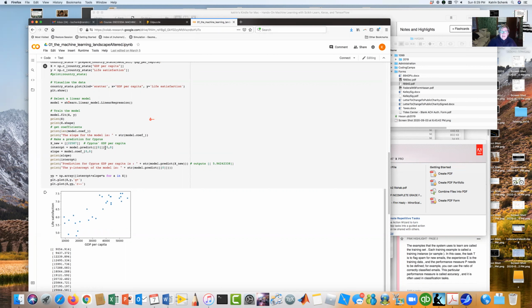And in fact, this notation here is a little funky, that you may not have seen before, but you should kind of know how this works because we were looking at arrays before. So let's just unpack this line here. Okay, so model.predict